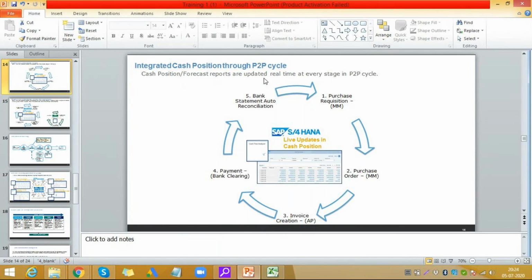No. So as such, in the demo system, we will not have the connectivity with the banks and the middleware. However, we can create a demo file or the test file and upload it and change the status. So basically, if you are aware of PAIN.001, which is the XML file sent to the bank, the bank sends us PAIN.002 as the confirmation. So what we can do is create a dummy PAIN.002 and upload it in the system, and it changes the status from payment medium created to accepted by bank or rejected by bank.